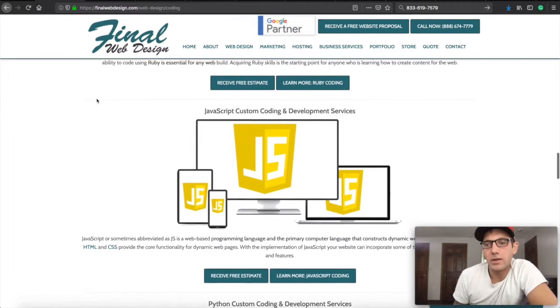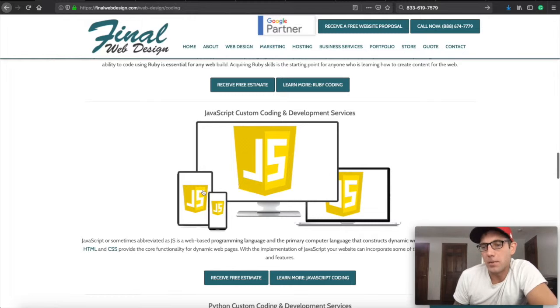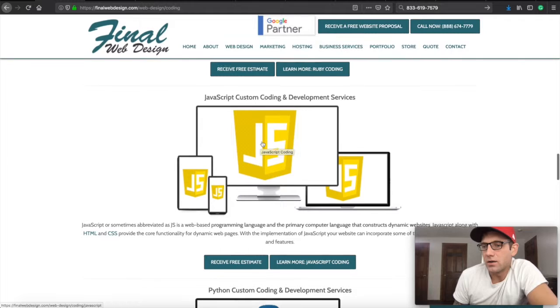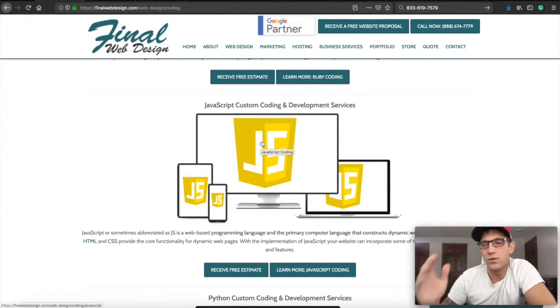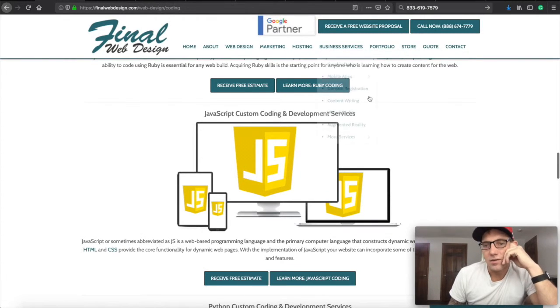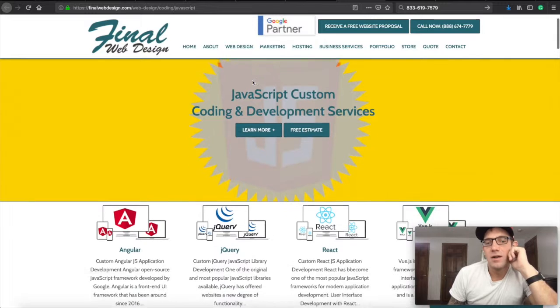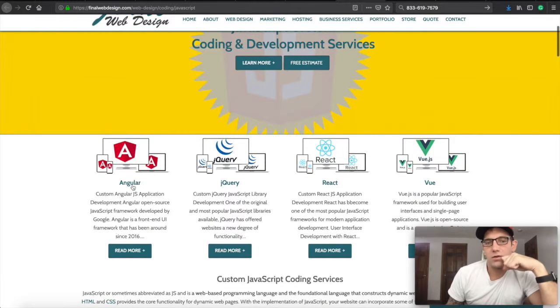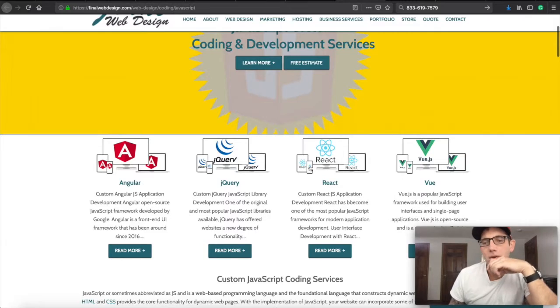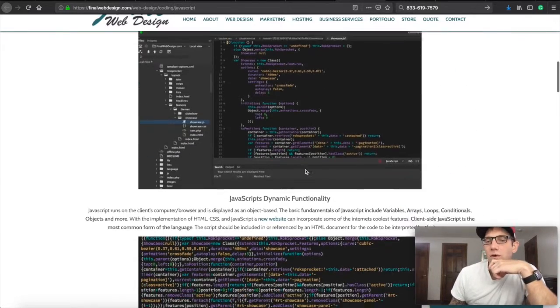Now, JavaScript is the beast programming language of the web. Basically, everything now is being done with JavaScript, if it's front-end, UI, user experience type development. And it's gotten much, much more complicated, almost as complicated as back-end development, with JavaScript frameworks such as Angular, jQuery, React, Vue. I'm sure you've heard more and more about these because, again, these are becoming the popular frameworks